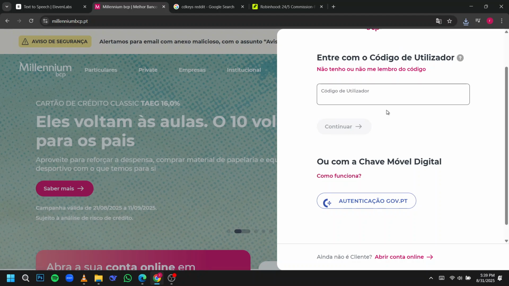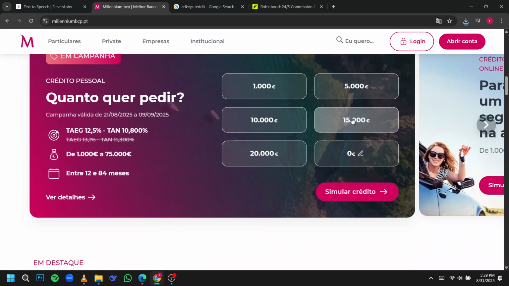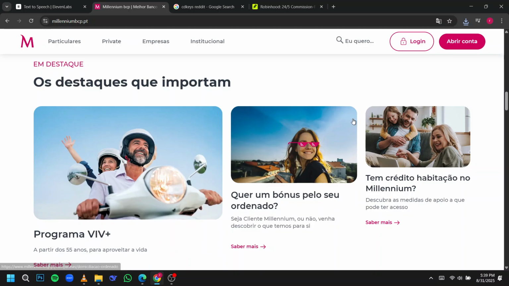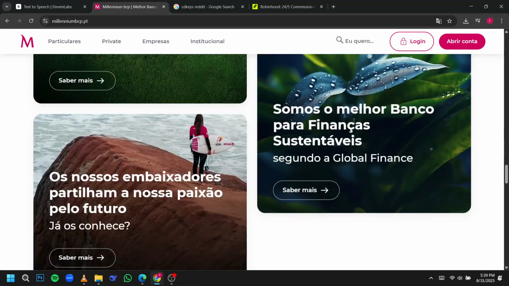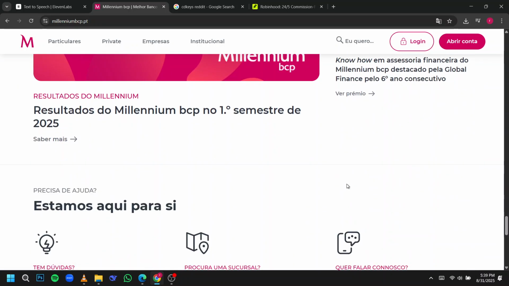Once verified, you'll have full access to your business dashboard, where you can manage payments, transfers, and account statements. Always remember to log out after finishing for security. And that's it. You're now logged into your Millennium Bank